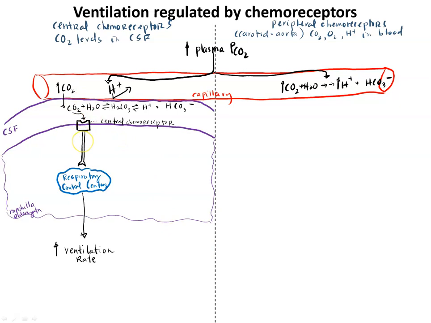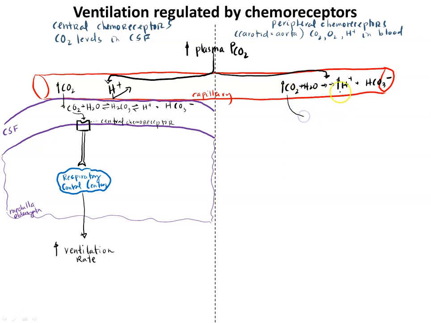Higher CO2 means I've got to start breathing faster to let that CO2 out of my body. Otherwise, look at what's happening. I'm getting this buildup of hydrogen ion, and I don't want my body to become acidic because the proteins that run life are going to denature. Now, let's talk about the periphery because both systems are working together. The periphery is a little bit fancier than the central nervous system, because I can both have